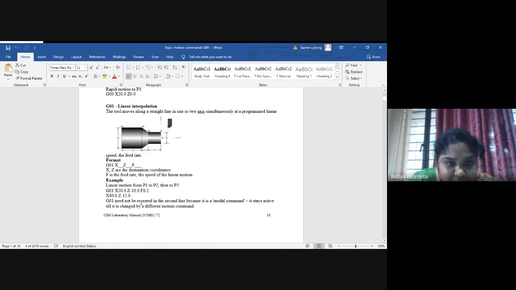So the general block format for G01, if you take any example here, P1, P2, P3 is given, right? So you give G01, X distance is given as 20. Can you make 20? X distance is 20. Z is just moving 0.00. Okay, Z is moving in minus, sorry, Z has been moving in minus 10, because I told you in this direction if you're moving it is minus 10. Z is minus 10. Feed will be 0.2. Is it clear? Feed will be 0.2. So this will be the general format when you're giving the G01 command. Are there any doubts?